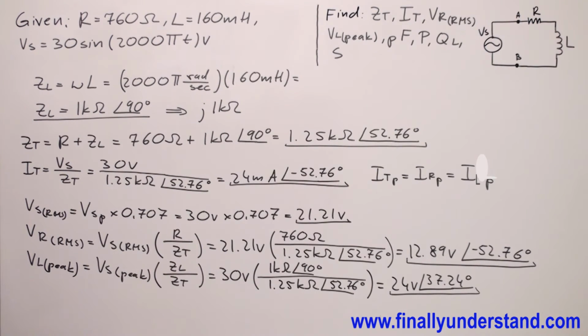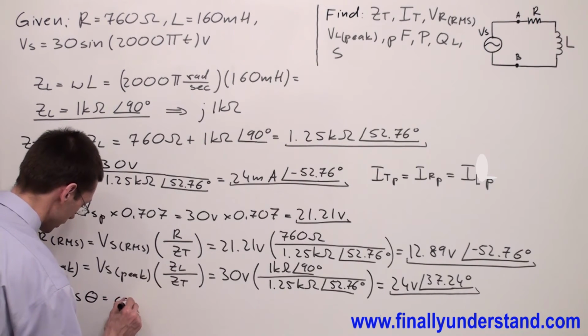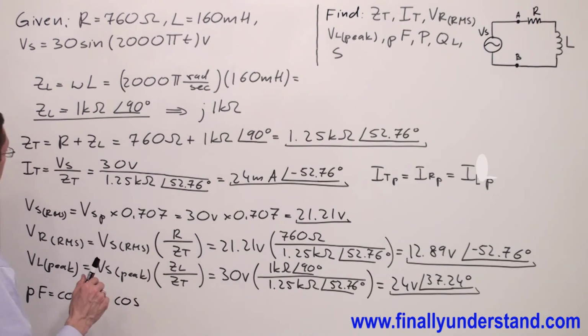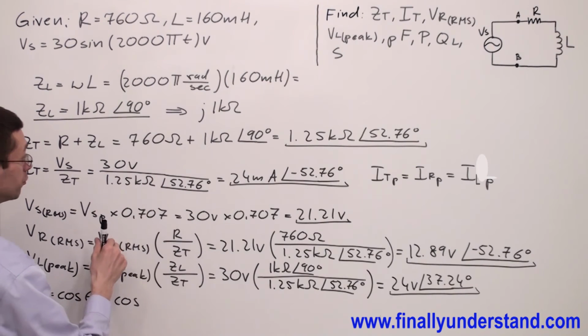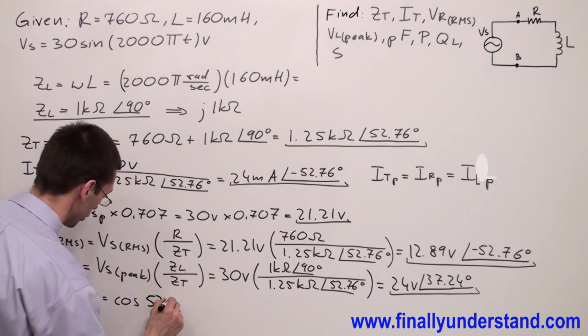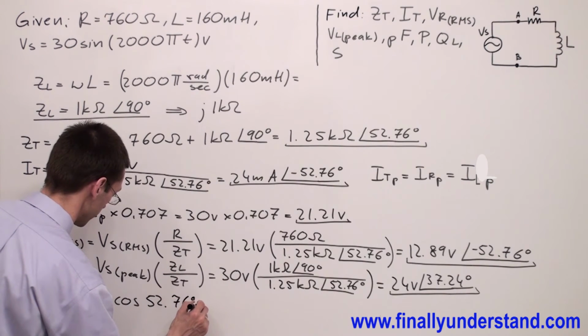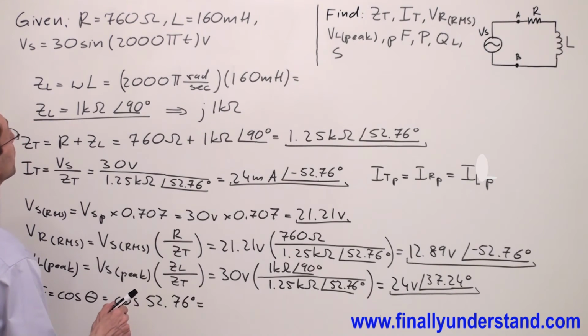Next, we're supposed to find the power factor. Power factor is equal to cosine of angle theta. So I have cosine of the angle which is next to Z total, 52.76 degrees. This is equal to